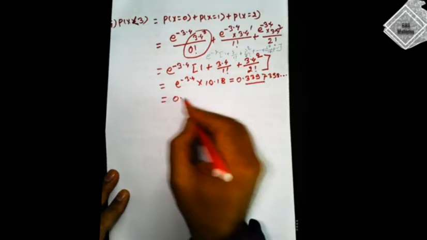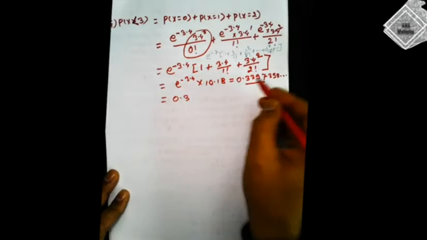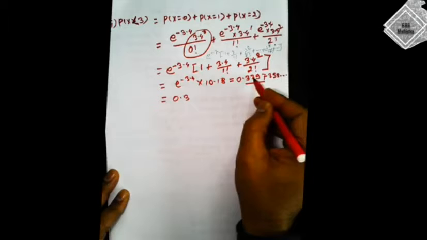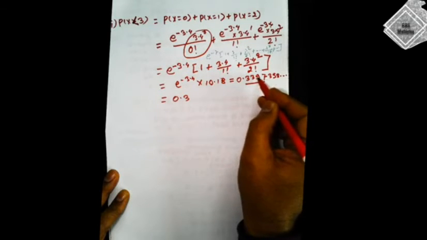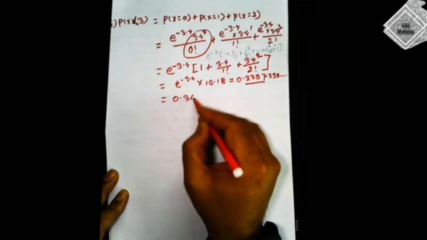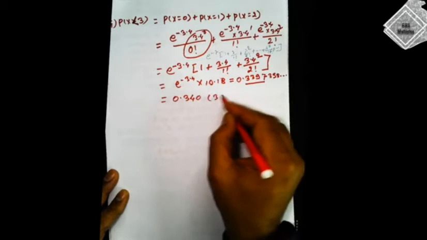So it is 0.3. Now its neighborhood is 9, so this is 3, its neighborhood is 7, it's more than 5, that means it's going to be 10, and 10 then 4, so it will be 4.0 up to 3 significant figures. Okay, now we have 2 more